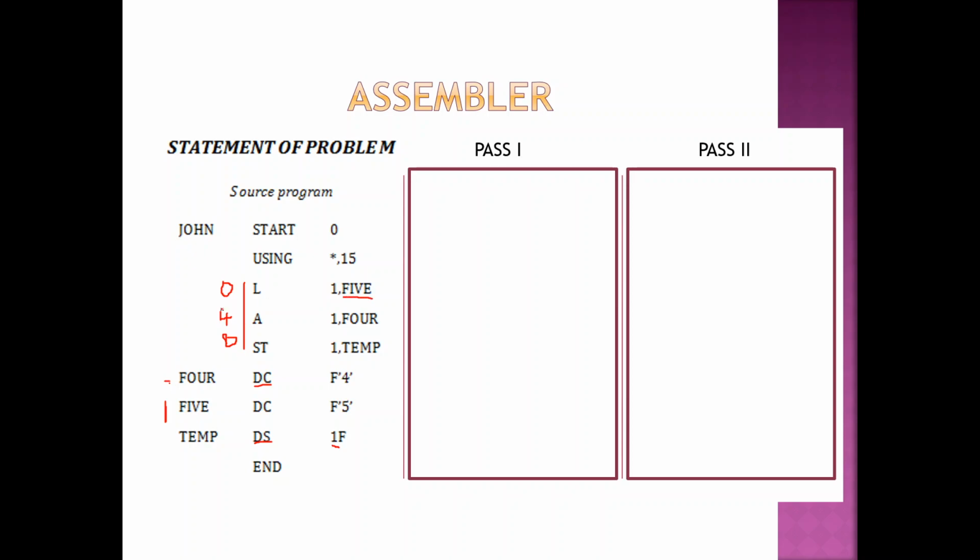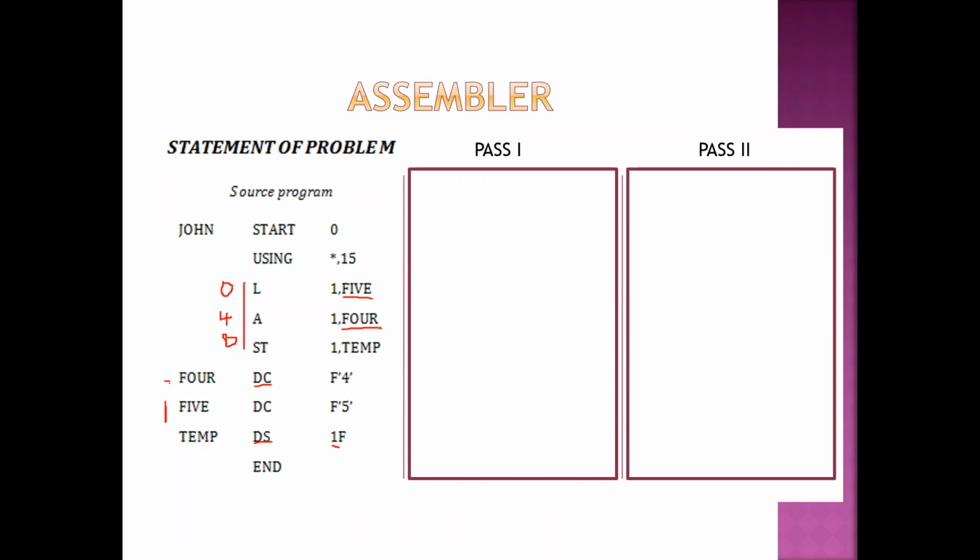Come to the next line. Yes, it is an RX type of instruction, so it is going to be 4 bytes. Next again, from after 0 it is 4. Same problem here also. We don't know what is the address here. We saw that for an RX instruction, remember, you should know the base register value, and you should also know the address. So only when you know all these things, you will be able to resolve.